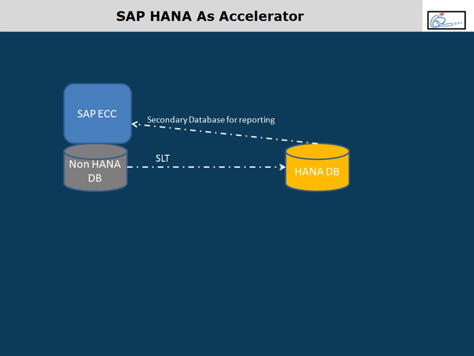So what they can do is install a secondary HANA database, replicate all the CE tables of the operating concern into a dedicated HANA database, build up a model from those tables and expose them for reporting. So for reporting in COPA, I will be using the HANA database. Just to speed up the process of ABAP reports on the operating concern, I am using HANA database as an accelerator. So it depends on a case by case basis. I can use HANA as an accelerator to speed up any of my business functionality, any of my business process. That's the point.